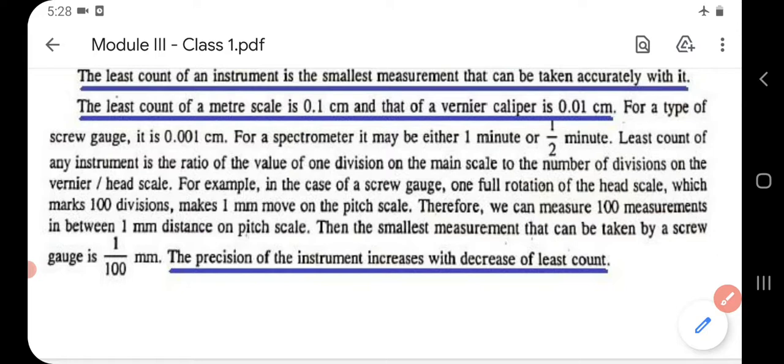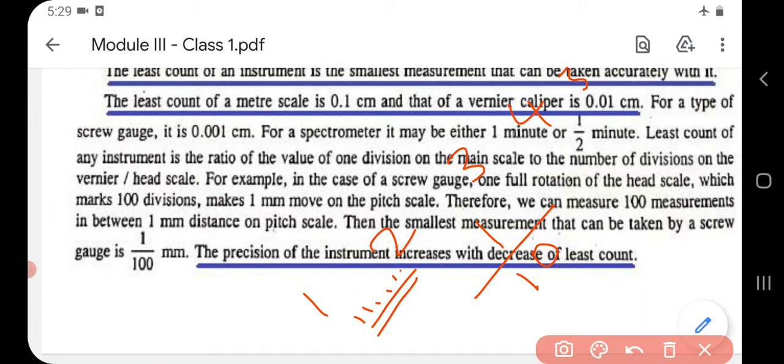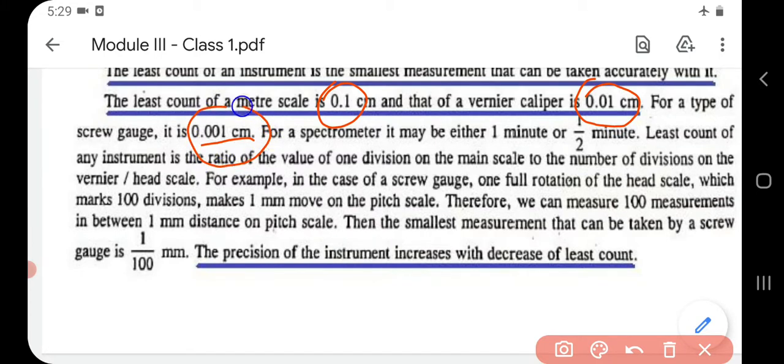Similarly, you have the vernier caliper. It's a device used for measuring the length and breadth of a meter scale or something like that. You will learn about vernier caliper in the coming sessions. Its least count is 0.01 centimeter. Then another one is the screw gauge. Screw gauge is also an instrument that is used to measure the thickness of a wire and the like. That also you will learn in the coming sessions. Its least count is found to be 0.001 centimeter. So the least count of the meter scale is 0.1 centimeter, for vernier caliper it is 0.01 centimeter, and for screw gauge it is 0.001 centimeter.